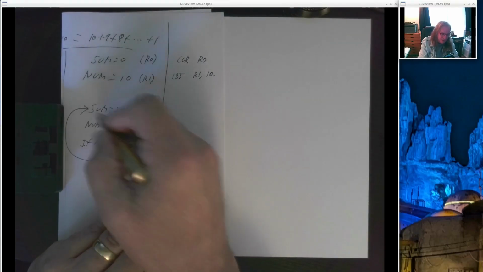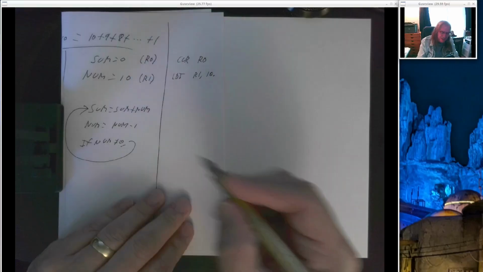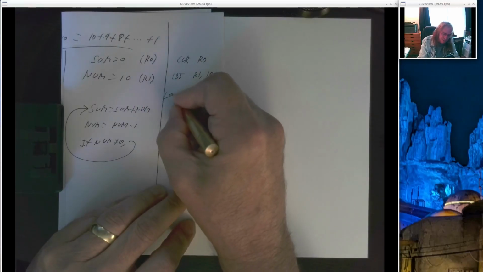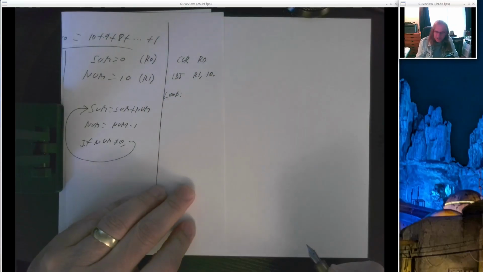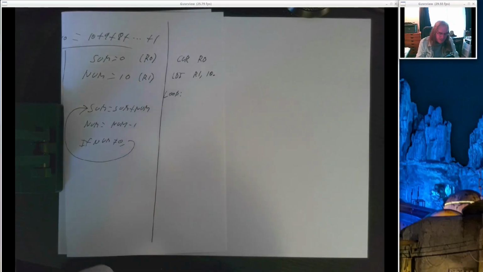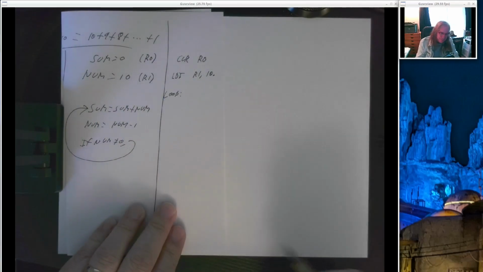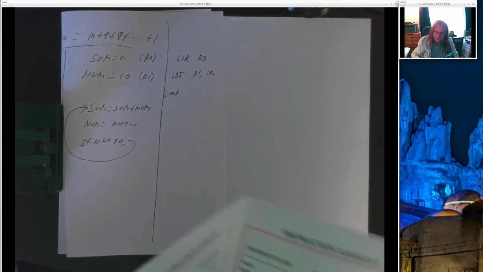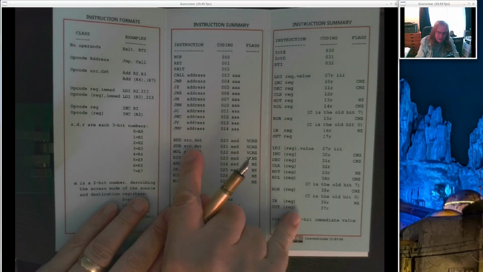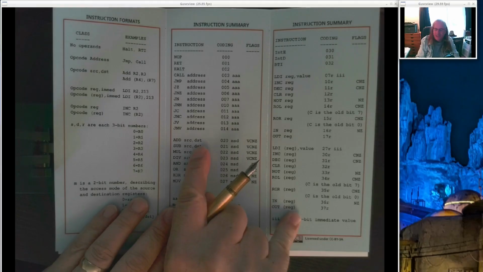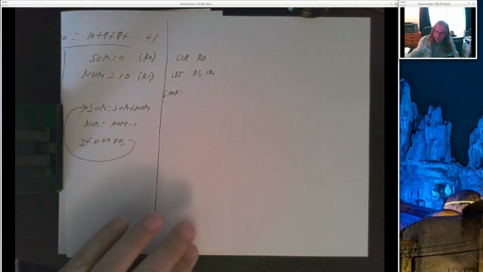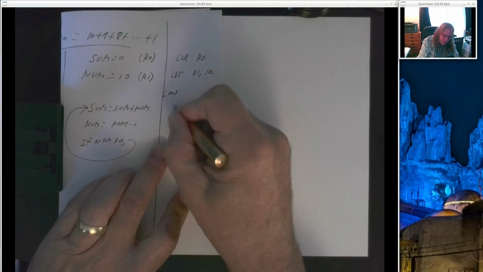Alright, now I'm going to want to come back repeatedly to this next instruction. So I'm going to put a label here so I can refer to it. And now I want to do sum equals sum plus num. In other words, I want to set R0 equal to R0 plus R1. Well, I have an add instruction that adds 2 registers, and it stores the sum in the second register. So if I just say add